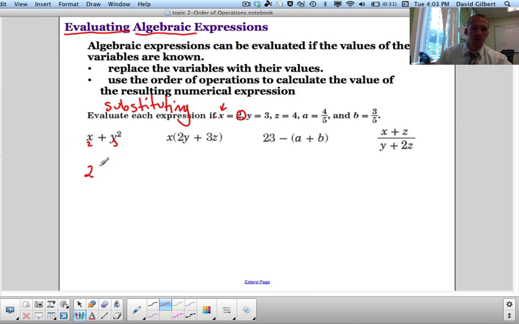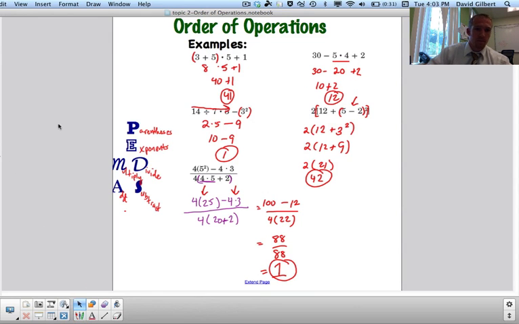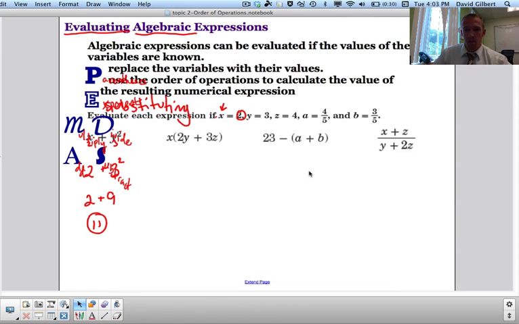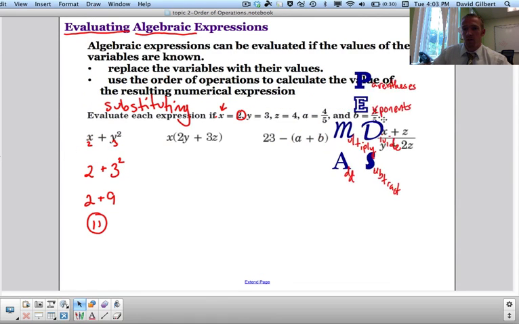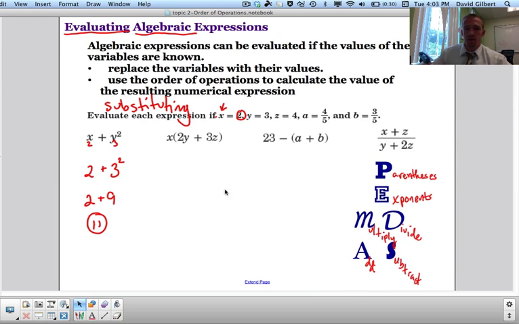So instead of x, I'm going to substitute in a 2. Instead of y, I substitute in a 3. Notice when I substitute it in, the variable is no longer there. So now, order of operations says I do parentheses or exponents before adding. So I have 2 plus 9, and then 2 plus 9 is 11. Alright, so we'll just put this over here to remind us. So now we've got